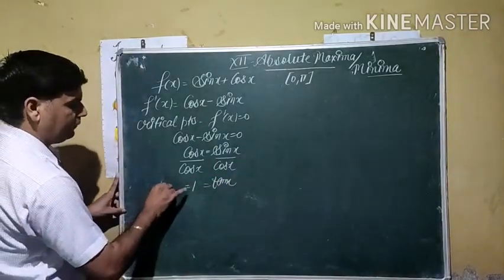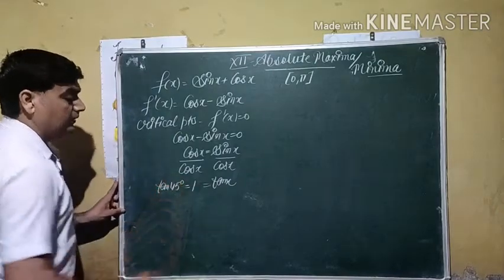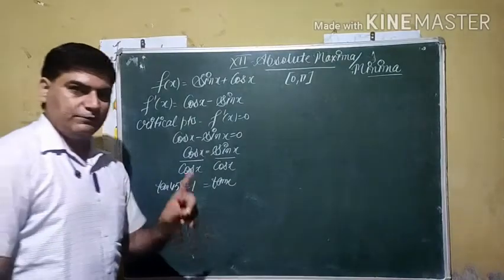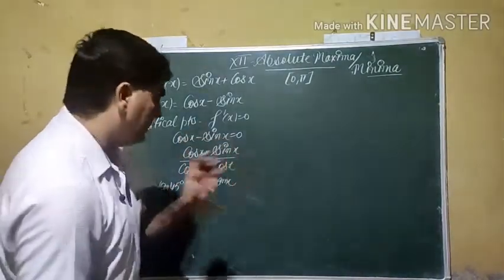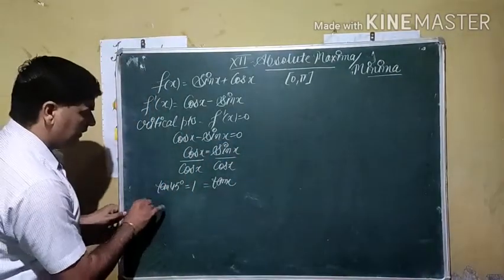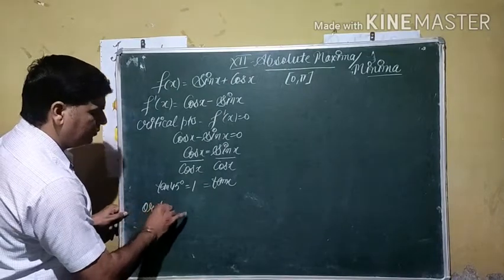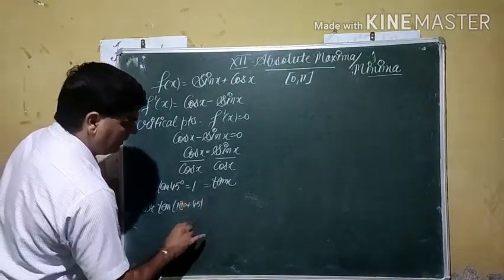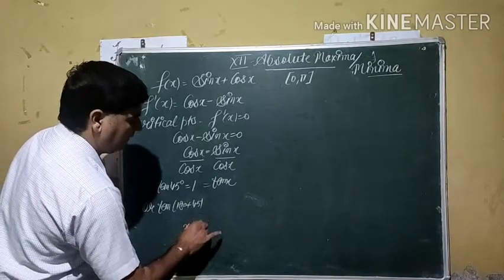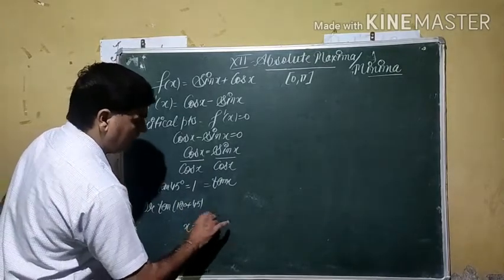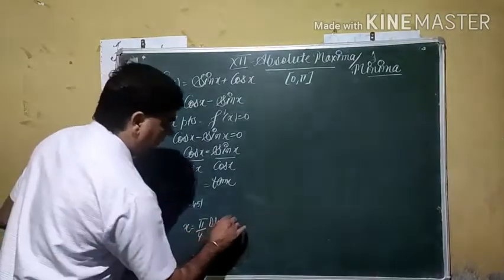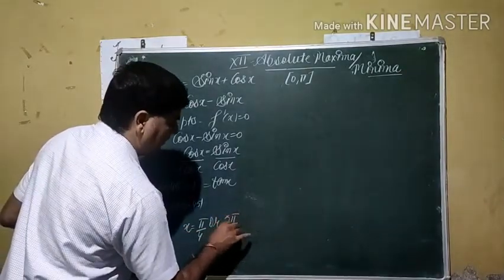As you know, it is at 45 in first quadrant. Now we have to see where tangent theta is positive. It is positive in first quadrant as well as in third quadrant. So in third quadrant, to reach in third, we use here 180 plus theta. So value of x from here comes out 45, means pi by 4. Otherwise, it is given by 225. It is 5 times of pi by 4.